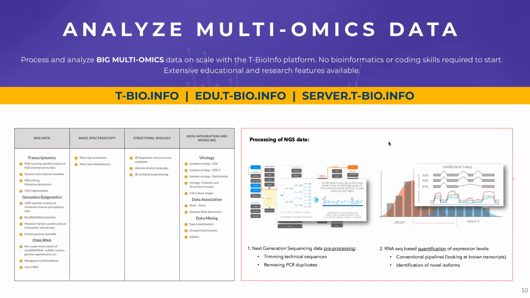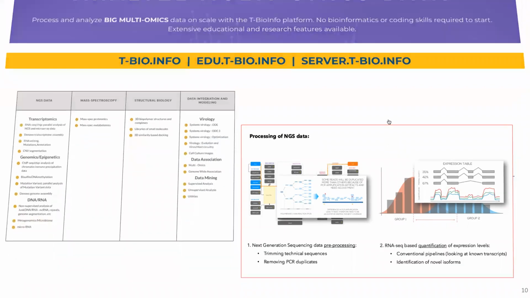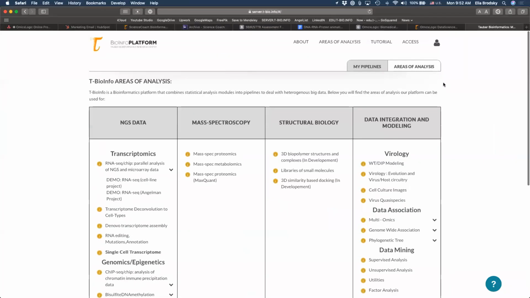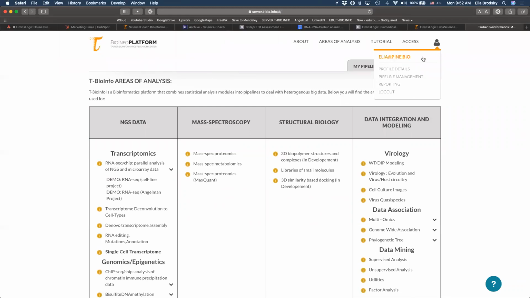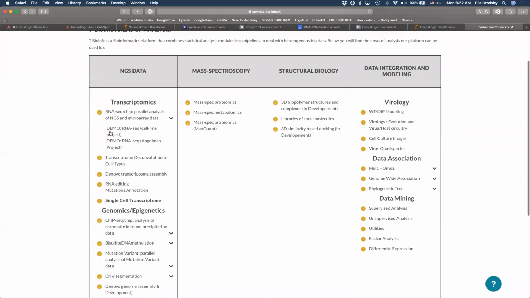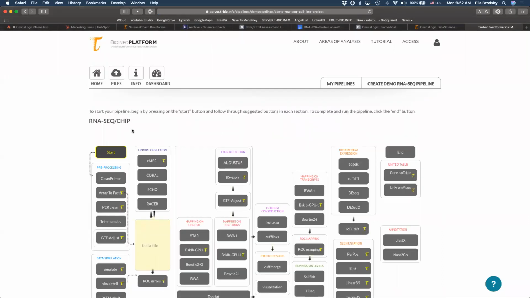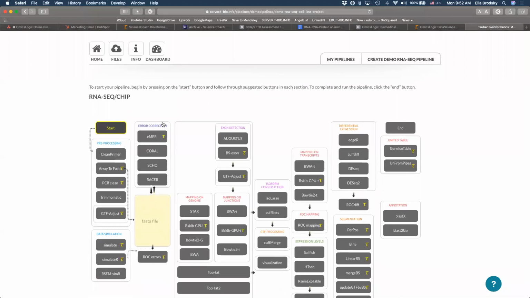So let's take a look at the demo version and understand how it works. Once you're logged in, and you see your login information right here, you will see that by clicking the drop-down arrows, you get access to some demo pipelines. So we can go into the cell line pipeline, and what is important to understand here is that this is an interface, a visual interface, that allows us to connect a number of different scripts and algorithms with each other